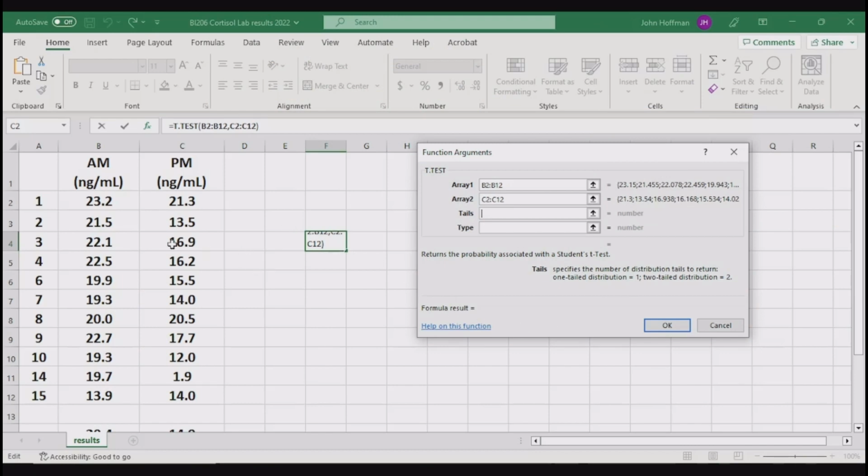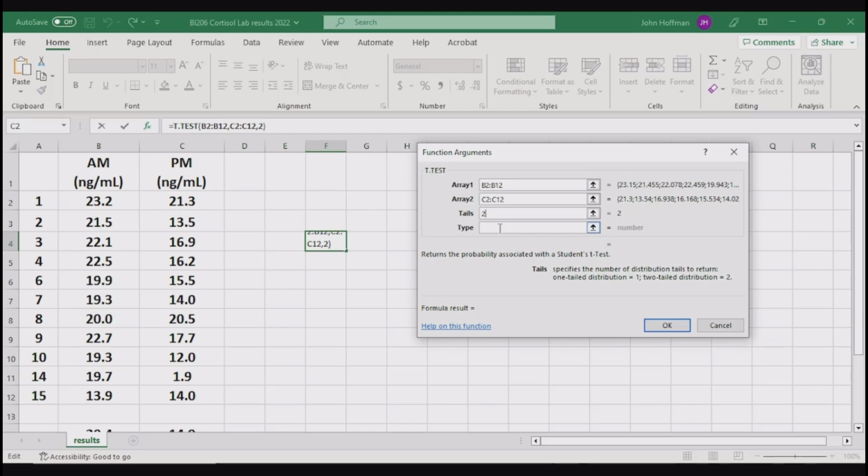Okay, so based on what we talked about with the one-tailed versus two-tailed test, there is good evidence that the salivary cortisol levels are going to be higher in the day than they are at night. And so we could say that we are going to be doing a one-tailed test, but I'm going to assume that we don't necessarily have that information. And so I'm going to put a conservative two-tailed test in there. So I just enter 2 into that box, and again, it updates our formula there,